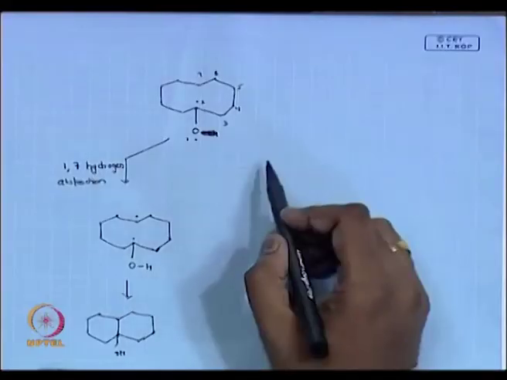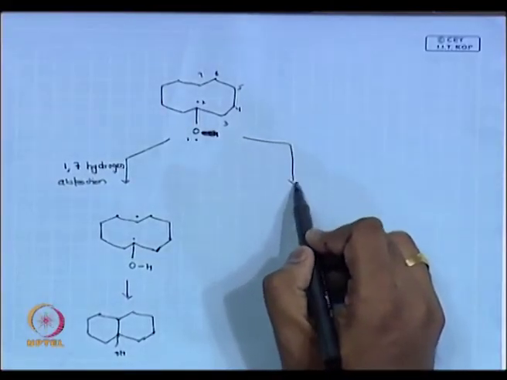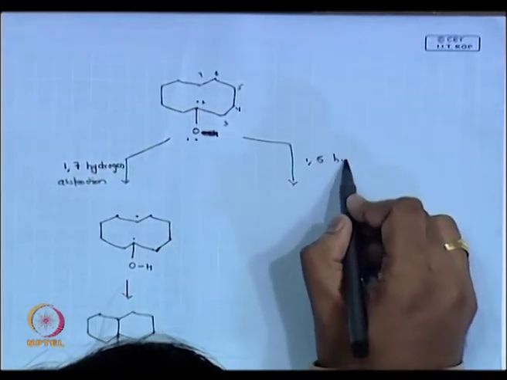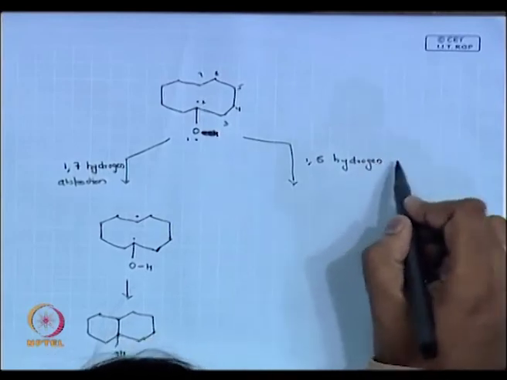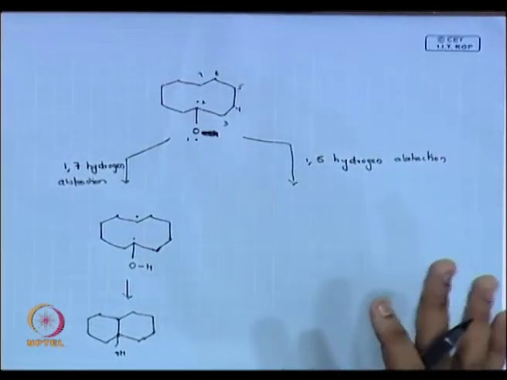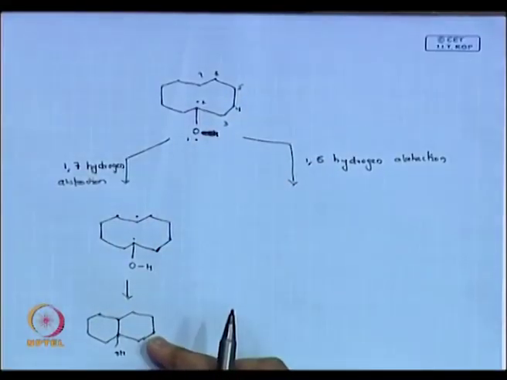Why are you not thinking that it can do a gamma hydrogen abstraction? Because you said gamma hydrogen is much more favored, right? You can now give a choice. It can do gamma hydrogen abstraction also. So, what is it then? It will be 1,5 hydrogen abstraction. So, it is not that it does only one hydrogen abstraction. Okay. If it has a choice, it will do. You can get many products. In this case, it is nice to abstract a hydrogen from your gamma.